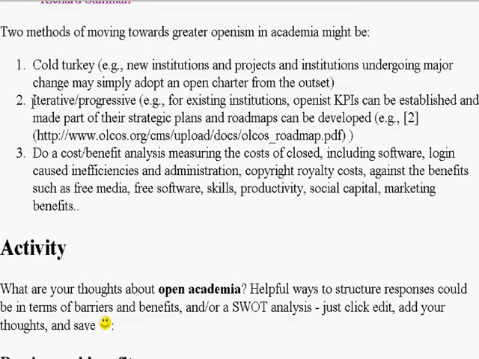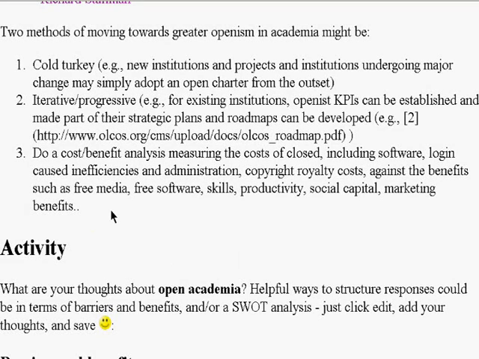More realistically, in many cases, it may be appropriate to undertake an iterative or progressive approach, particularly for existing institutions. They can shift towards making openness key performance indicators for each of the levels of the university and individual staff, and they can build this into strategic plans and develop roadmaps, such as ones that are already available, about how they can move in this direction.